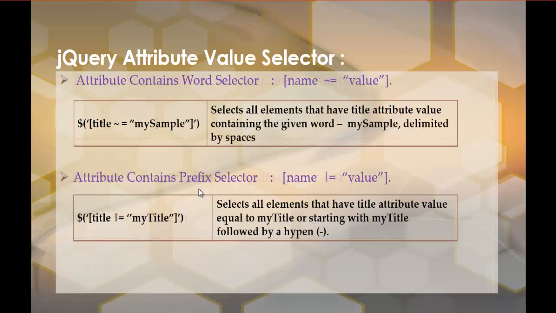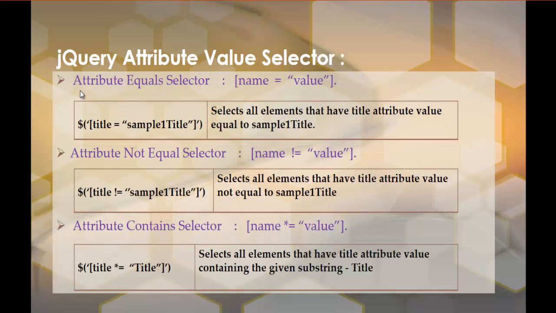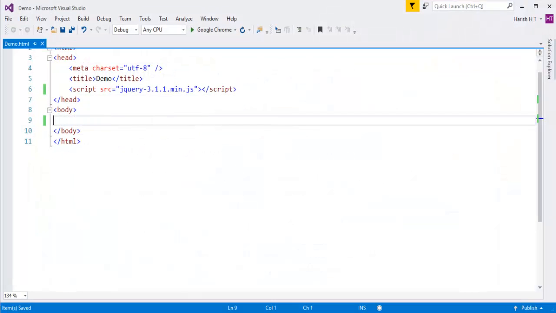So now let us understand the first, attribute equal selector. So here is the syntax. To the jQuery function I'm passing: select all the elements which are having the title attribute. And also we are specifying the other condition: select all the elements which are having the title attribute value as sample1 title. So what is this jQuery function going to return us? This is going to select all the elements that have the title attribute value equal to sample1 title. So let me show you a demo of this. It's very simple. Let me jump into